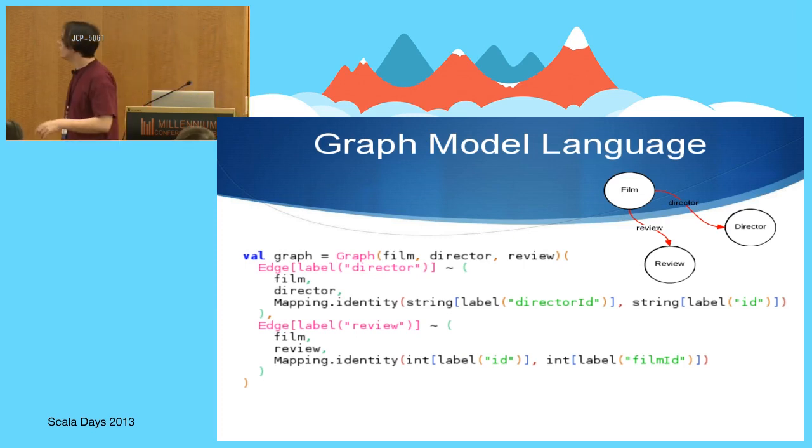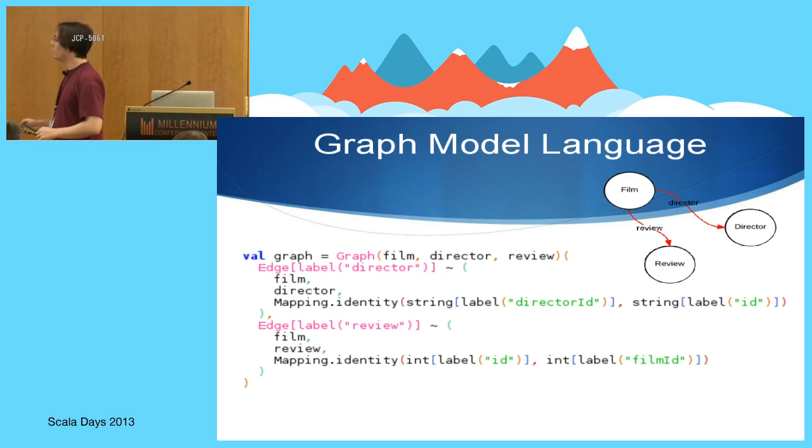So it's the same graph I showed at the beginning. So we have a graph companion object which takes as first parameter group the list of vertices. And then the second parameter is a list of edges. So here you see the edges directly inlined into the constructor, but of course you could define it in a val or somewhere else. If you start having a big mapping, it might be better to put that somewhere else.